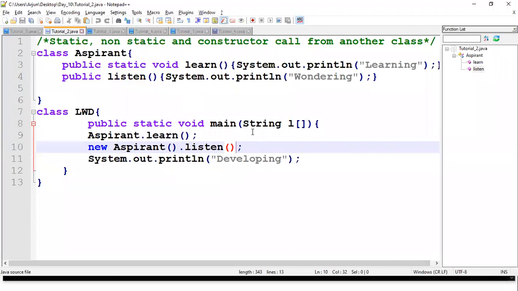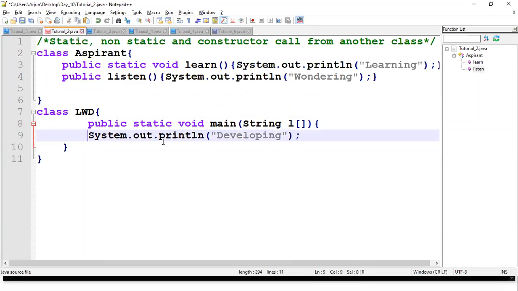Okay, so here, listen guys, have a class LWD. Inside, let me delete all those, then you will be having a main method. So now inside the main method, you will be having only developing. Okay.